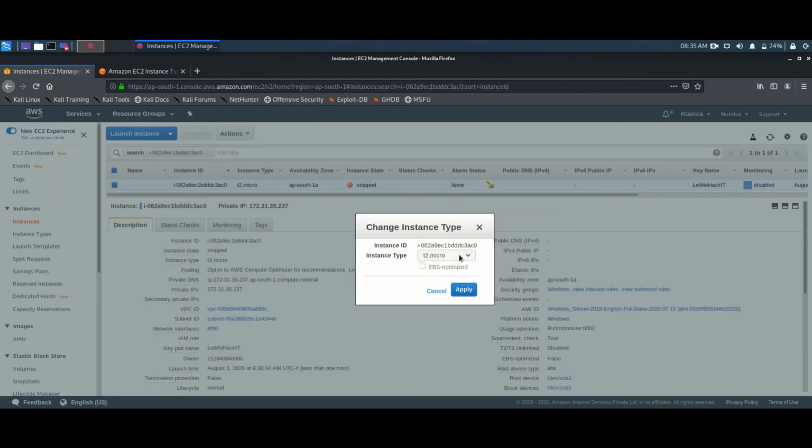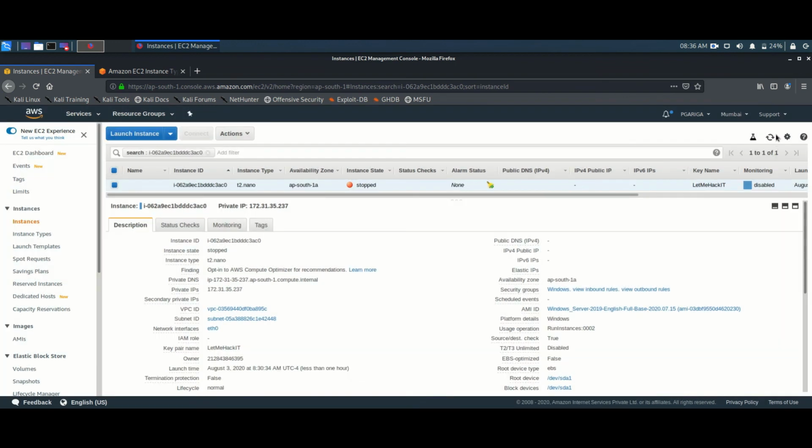Once you have clicked on that, you will get a lot of options. You can change your present running instance to any type of instance. I'm just changing it to nano. I'm downgrading it, but if you want to increase it, you can increase it. It may be chargeable for you. So I'm clicking yes and refresh. You can see now our instance is T2 nano. It will be 1 gig of RAM and 0.5 GB of CPU.